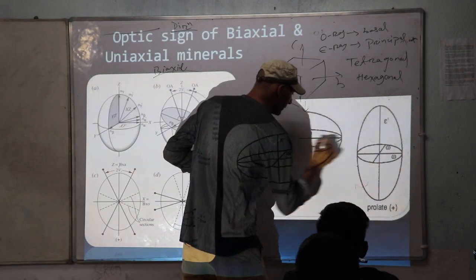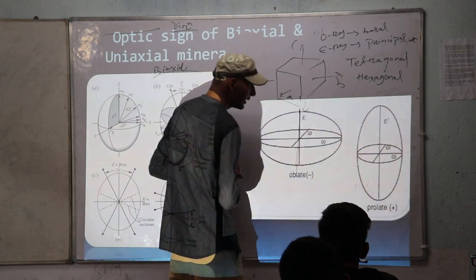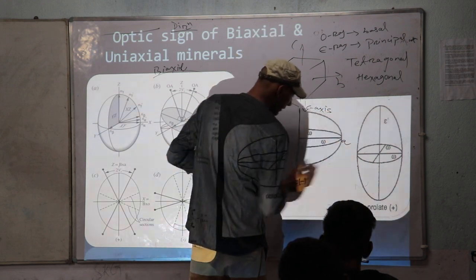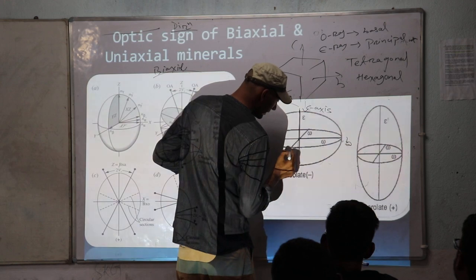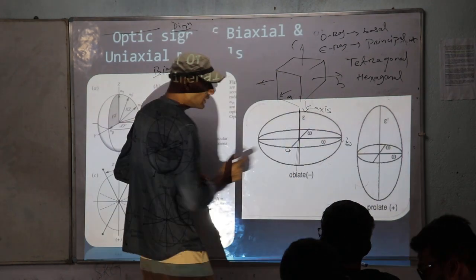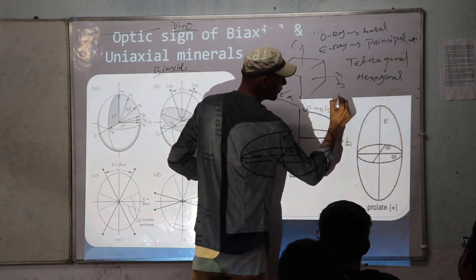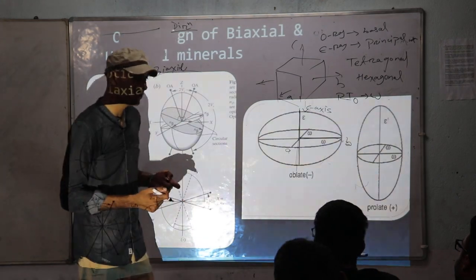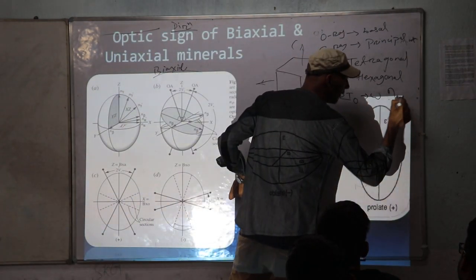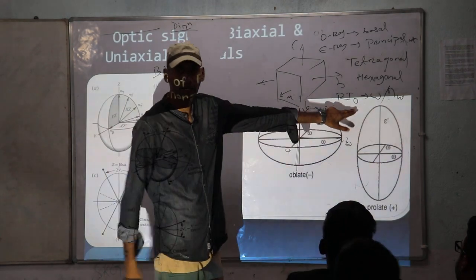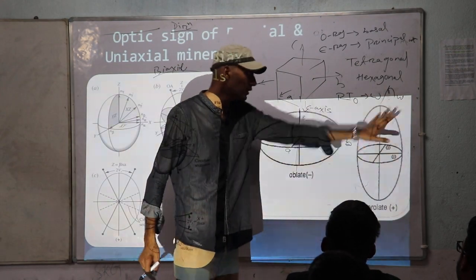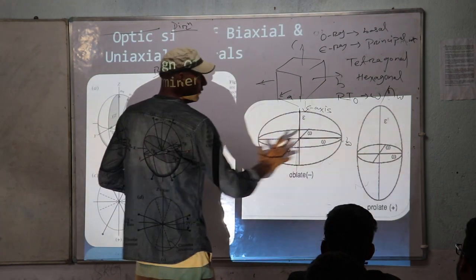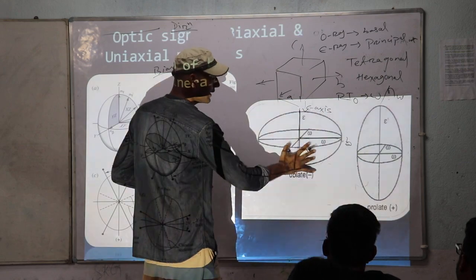Okay, so you can see, if this is the C axis, I have taken this as the C axis, this is A, this is B, and this is A. I am representing the refractive index of the O ray, that is omega. In many of the books they will mention it as n omega. They are representing omega as velocity, n omega as refractive index, so you don't need to get confused there. So omega is the refractive index here in this diagram.